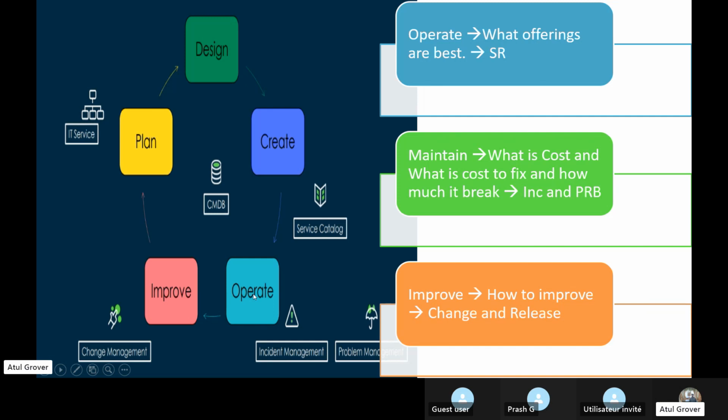Because when you start operating it, I'll give you an example. Yesterday we were discussing the restaurant one. Let's say I want to open a restaurant. We get all the agreements. We open the restaurant. It's working. Customers are coming, ordering, and going. That's operate.